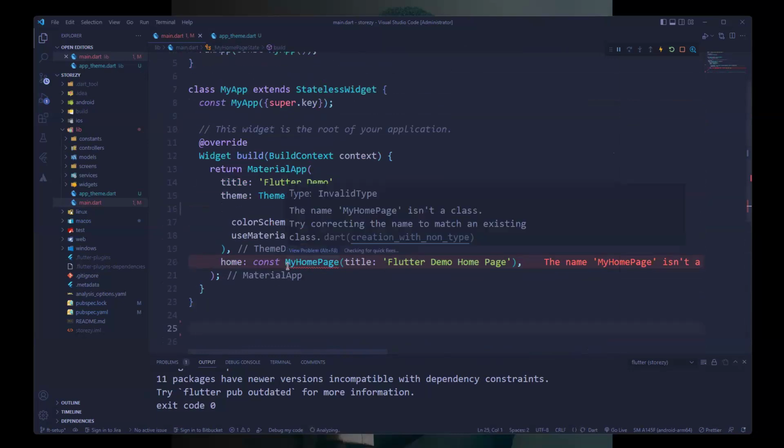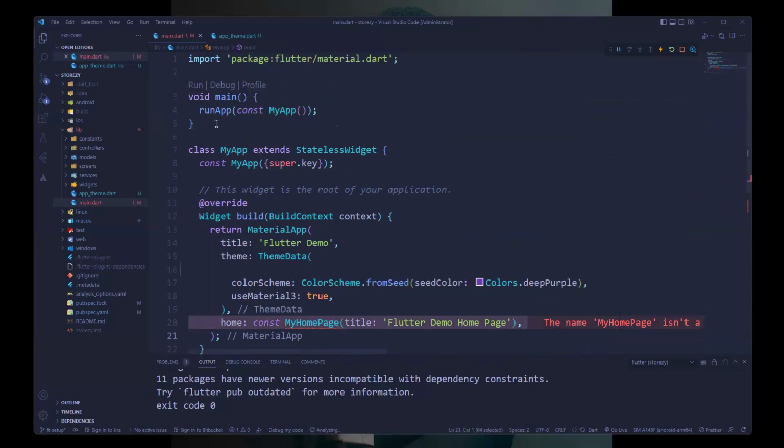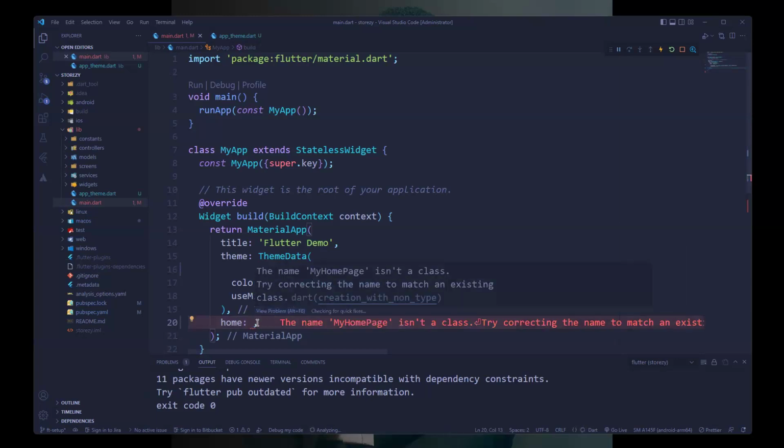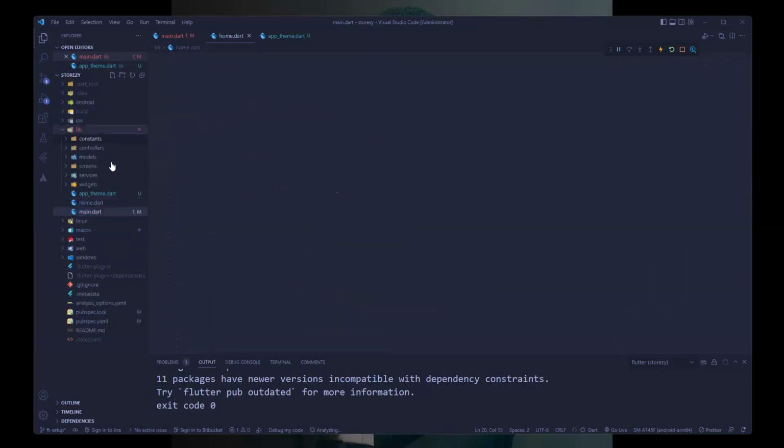So let's see. Instead of this MyHomePage, because when we call runApp, we need to, of course, pass in a widget, which is what this MyHomePage was. But I will not call it that. I'm going to create a class called home.dart, right? And this home.dart is just going to be, so remember I mentioned something about GetView, such that we use Get